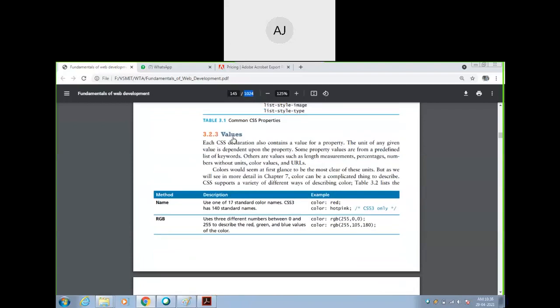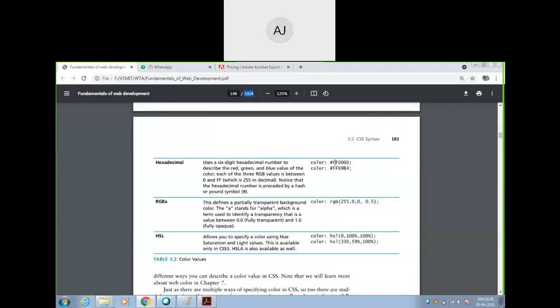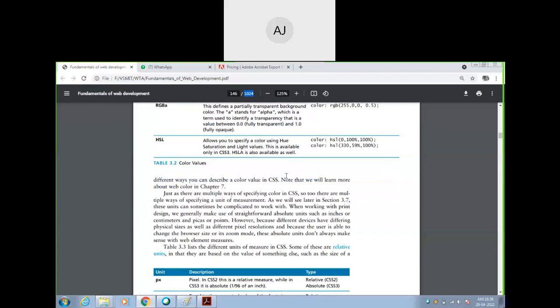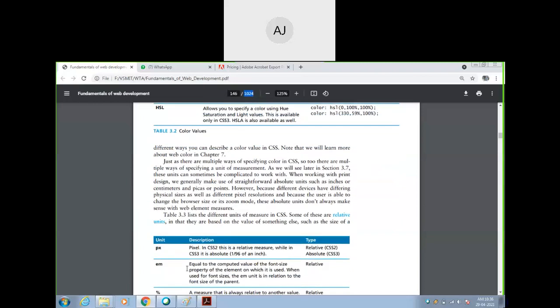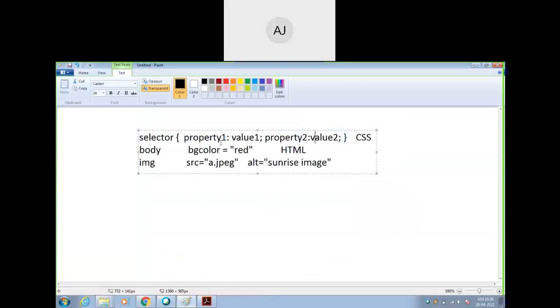It was a bit of a hurry, but we discussed it. You can give the name of a color, either by name or by using RGB or a hexadecimal number starting with a hash symbol, then RGBA, or HSL, that is hue, saturation and lightness, in percentage. So this is all about how to give the properties and values, which we saw in the last class.